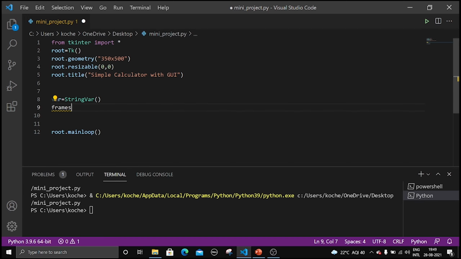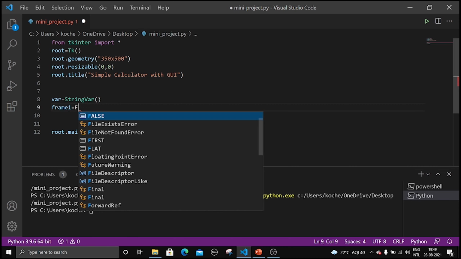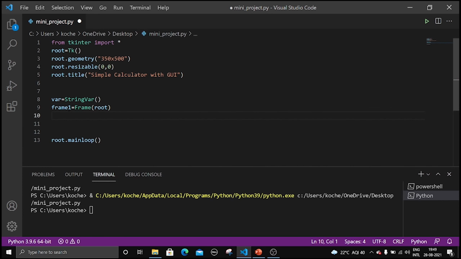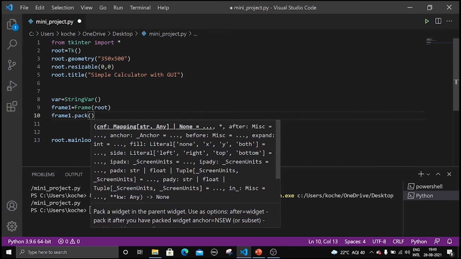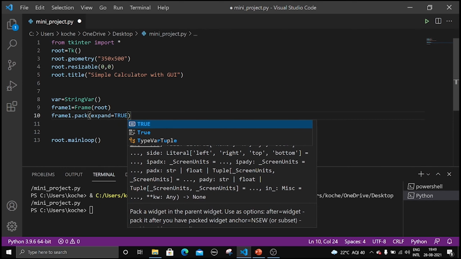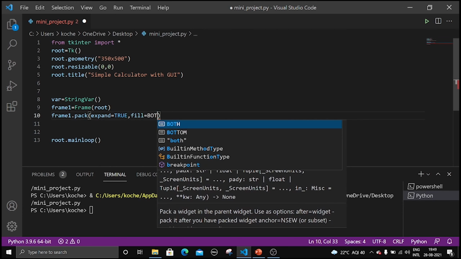Let us go frame1 equal to Frame in root, and let us pack it, frame1.pack, and in pack let us keep expand equal to true and fill both.